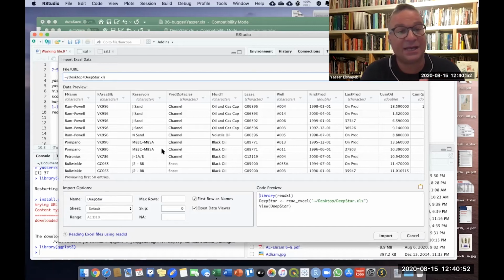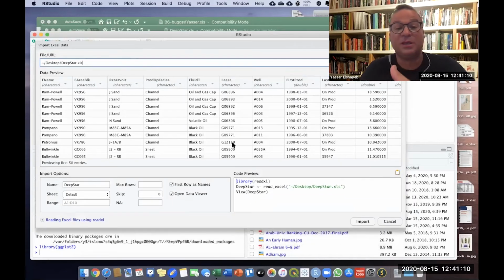And I will tell you from now, this is not what will happen when you start working with real data. When you work with real data, you need to do all of that. And probably you will come back afterwards and do something else. Now let's look into this data that is about to be imported into